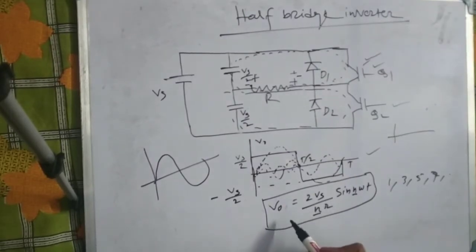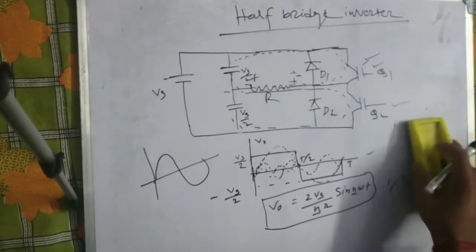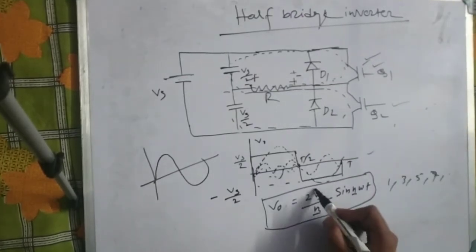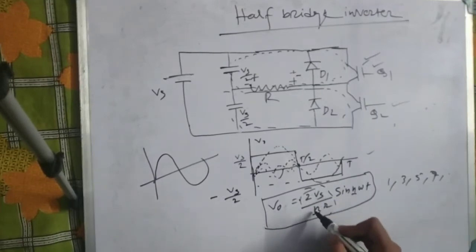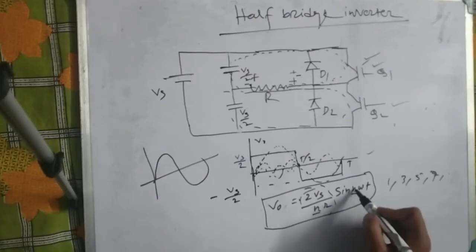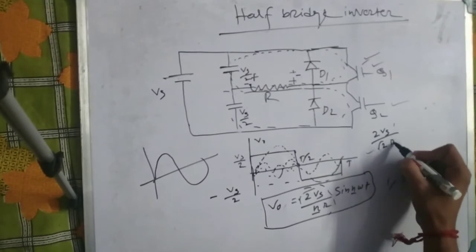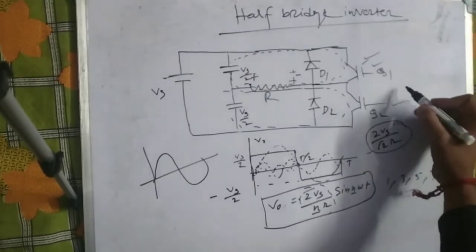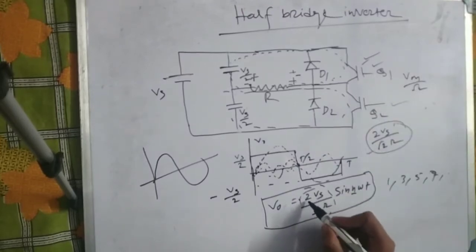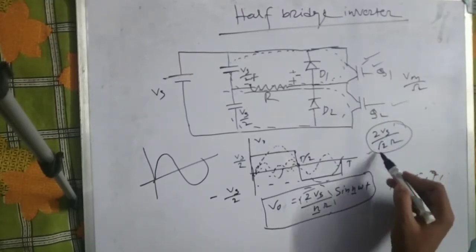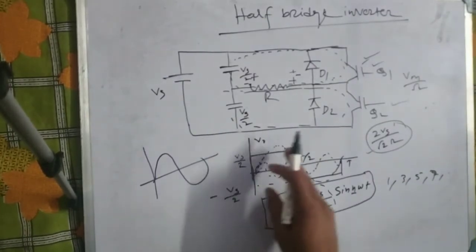Okay, so what is the value of the first harmonic RMS value of voltage? If we Fourier analyze this, this is the Vmax and this is sin n omega t. So for the first harmonic voltage, n equal to 1, we will be getting 2 Vs by root 2 pi. Because we know RMS value equal to Vm by root 2. Here Vm, the maximum value, equals 2 Vs by pi. So 2 Vs by pi root 2. That will be the harmonic analysis of this output voltage.